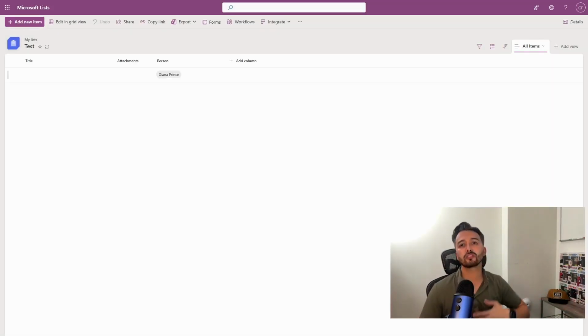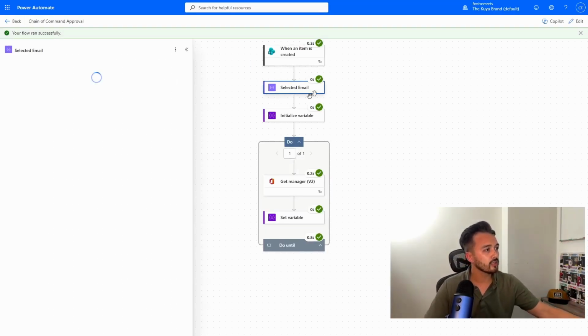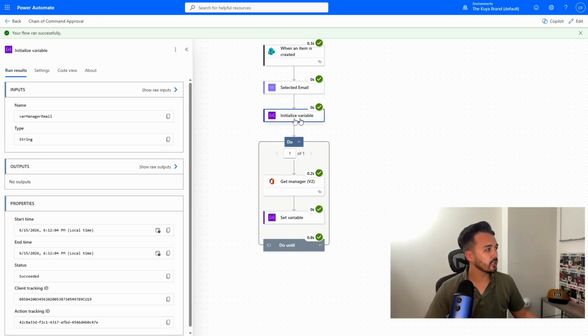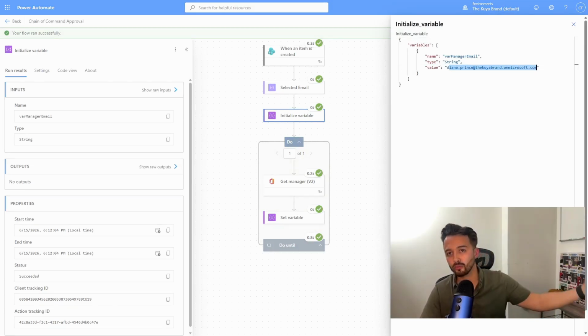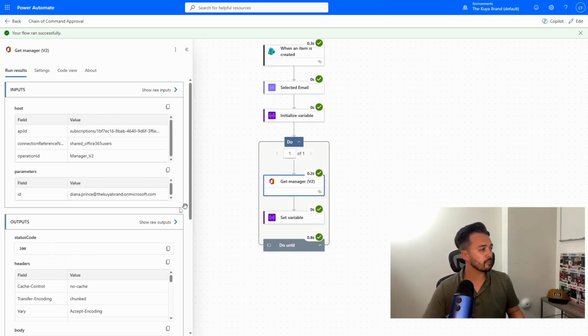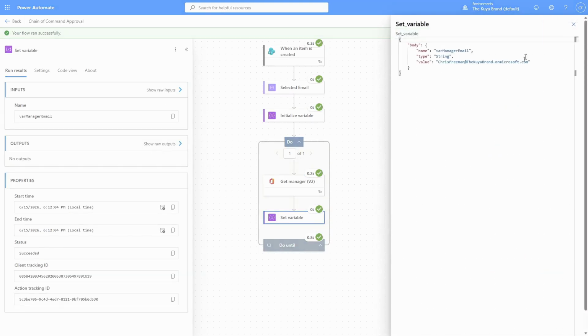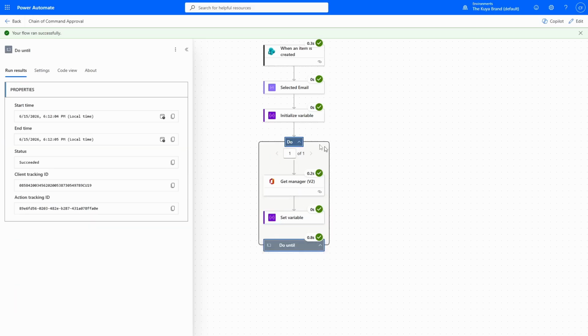Boom, submitted. Now let's see the flow inside of Power Automate. And there we go. When an item is created, selected email, and you can see Diana Prince right here. Initialize variable, show raw outputs, and you'll see it's now populated with the value as Diana Prince. Then we got the manager, and you'll see get manager right here, show raw outputs, which the manager for this is Chris Freeman. You'll see that right here, Chris Freeman. You'll see my name, and then we set the variable, show raw outputs, now as Chris Freeman. But because we are doing this until the variable updates to Chris Freeman, you'll see it only ran 1 time